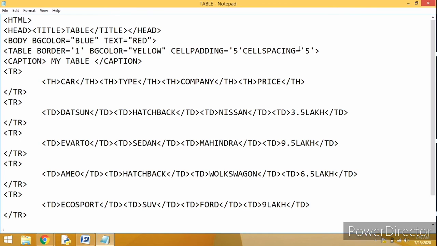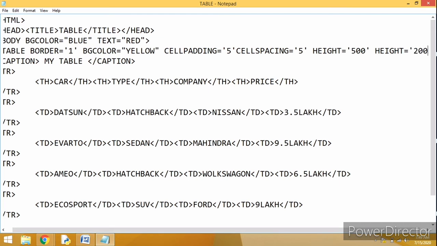Okay, so let us have the width is equal to, suppose in pixels we are having 500. Okay, and height is equal to 200.